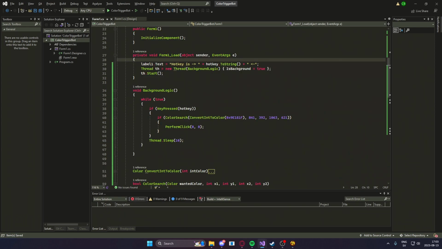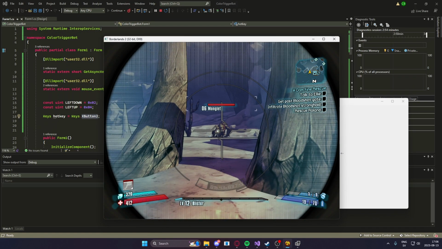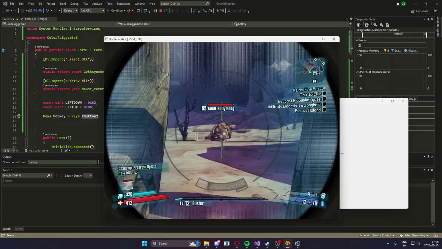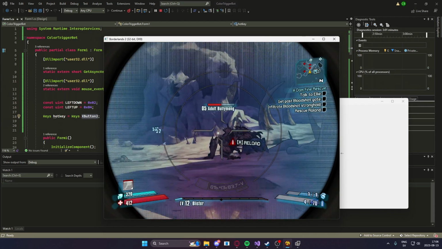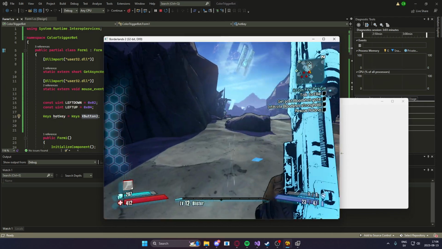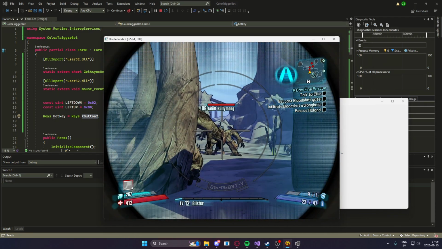Now we're done. So let's test it by running it right there. So you only need to aim, pull the trigger bot key,